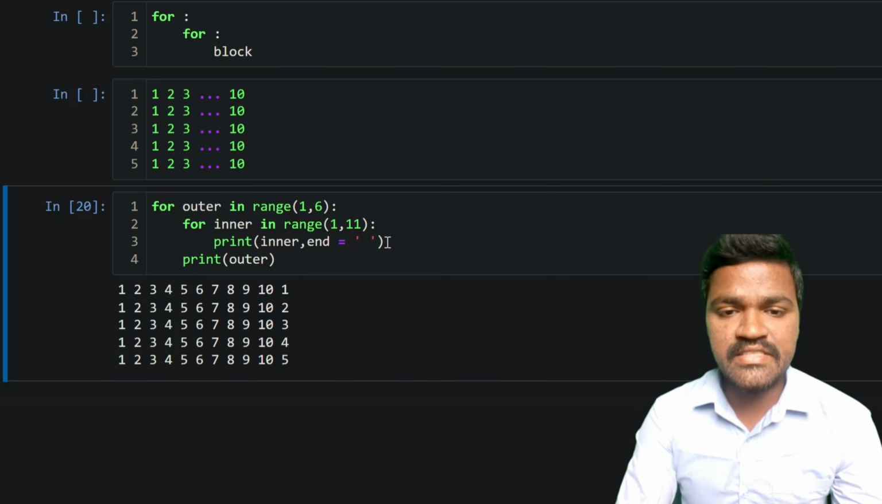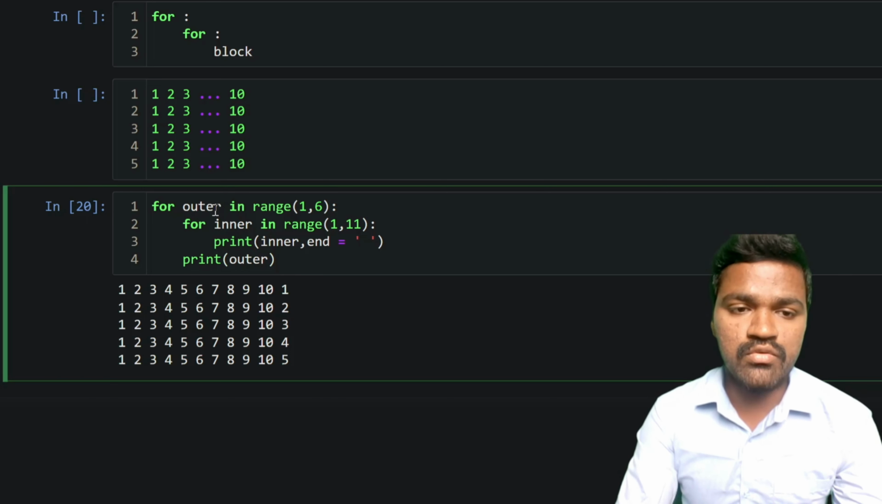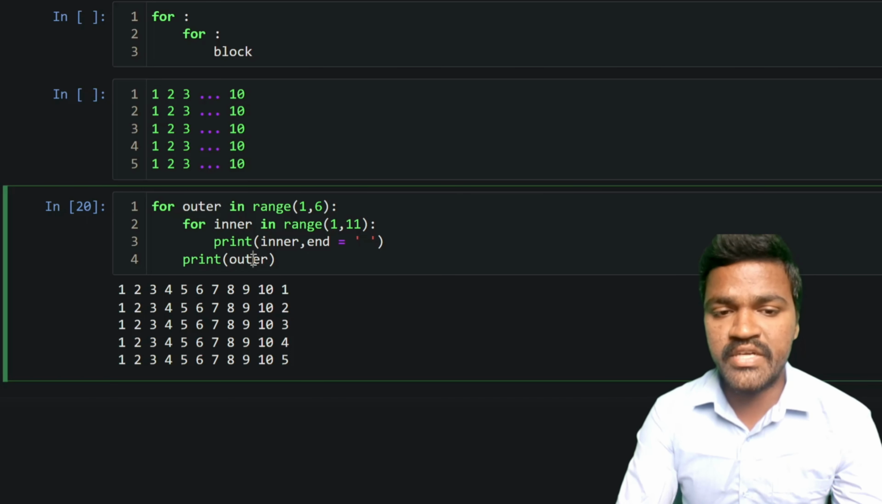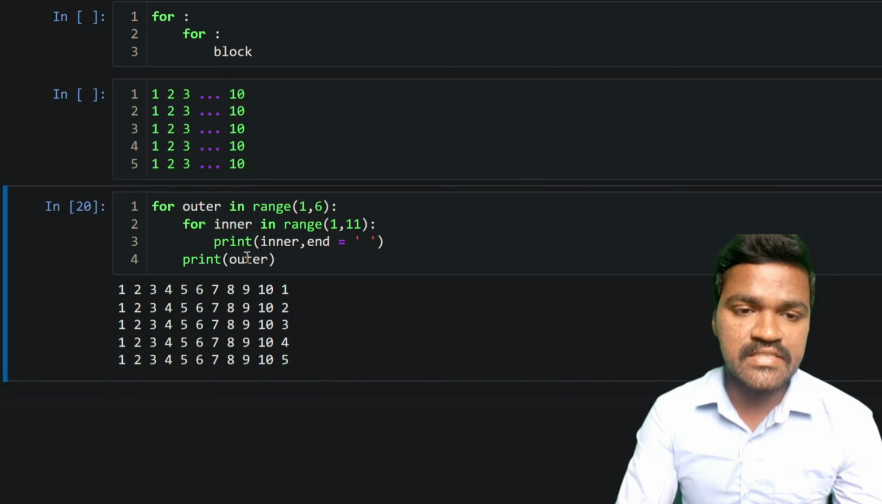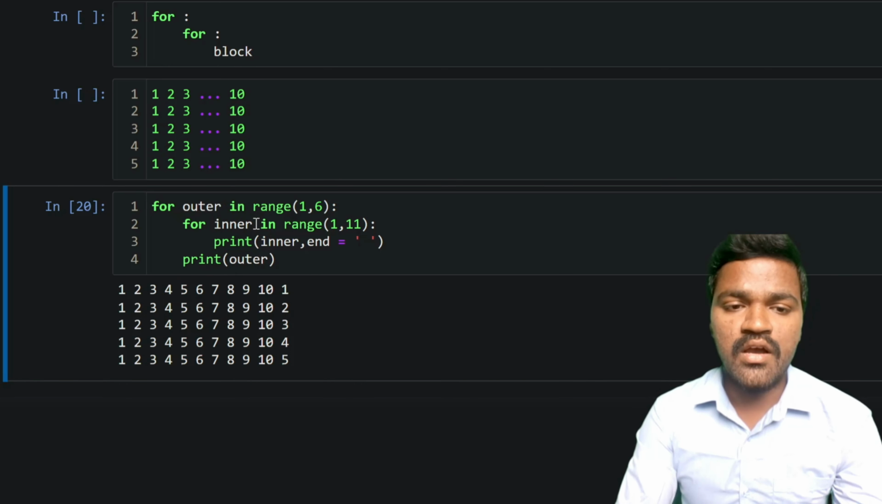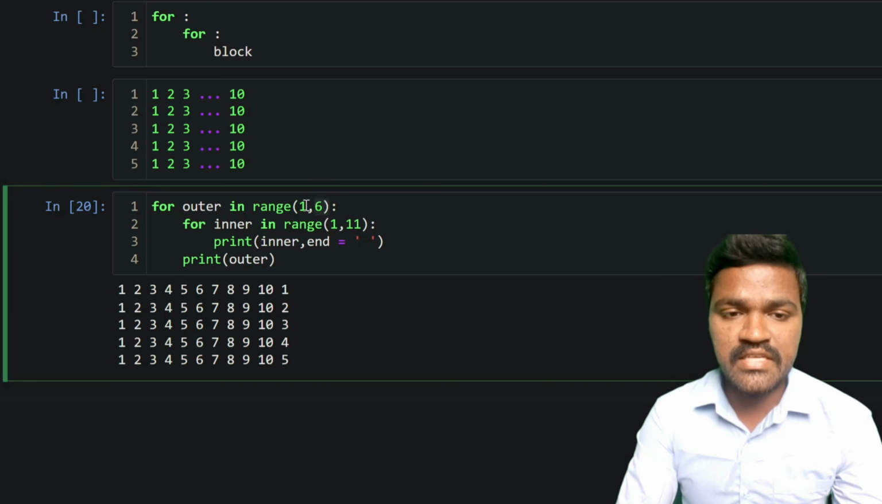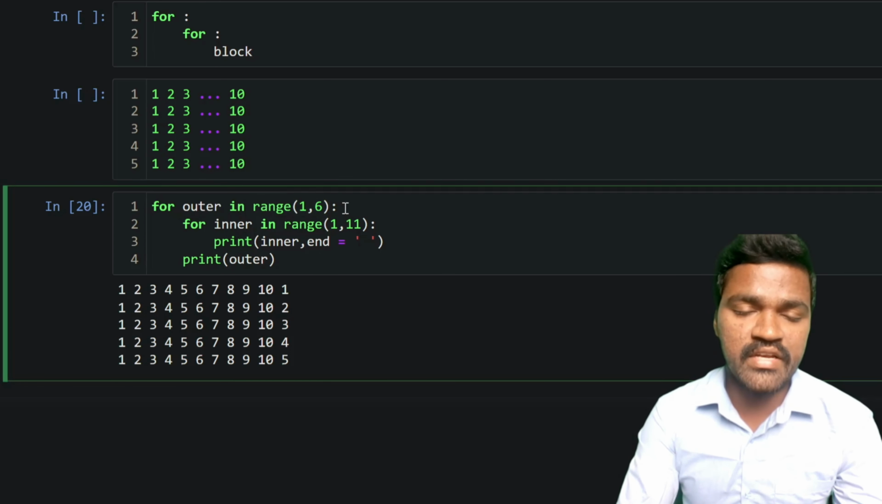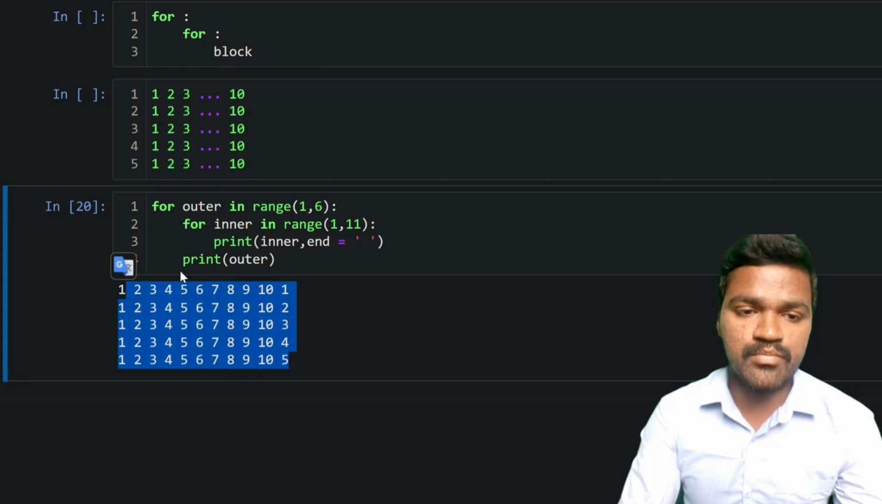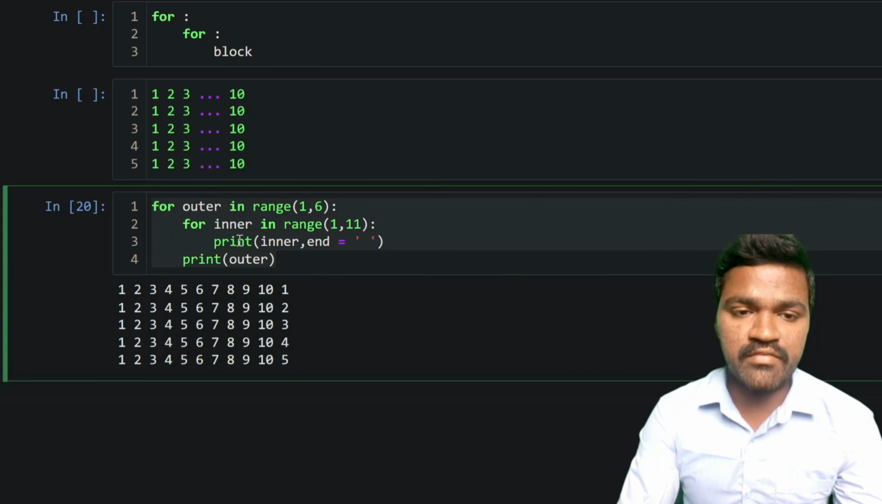As and when this range is completed, it will come out of this loop. As and when it comes out of this loop, I have one statement which is outer. We have the outer value as 2 now. So because of that reason I can see the 2 value here. Like this, these loops are repeating until this range is completed. This range completes only when the outer value reaches 5. As and when the outer value reaches 5, it will stop executing,